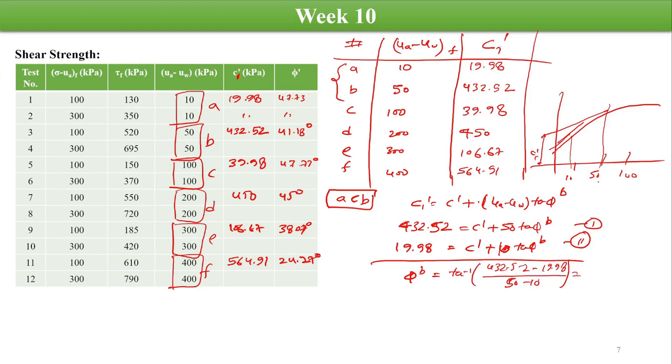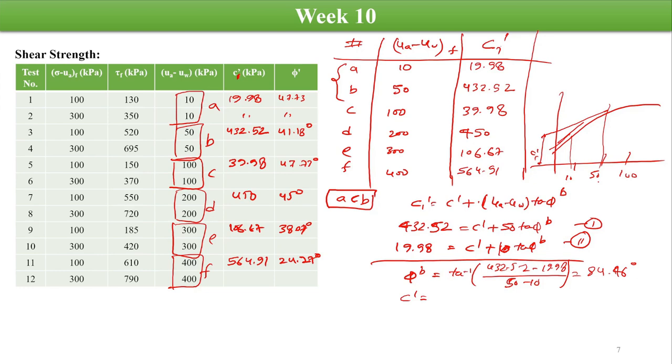Divided by 50 minus 10 is 40, and it will be equal to 84.46 degrees. So this value is not correct, but the data is hypothetical, so there may be some error in the data. And then we'll calculate the value of C dash. So from equation either 1 or 2, we will obtain the value of C dash as 19.98 minus